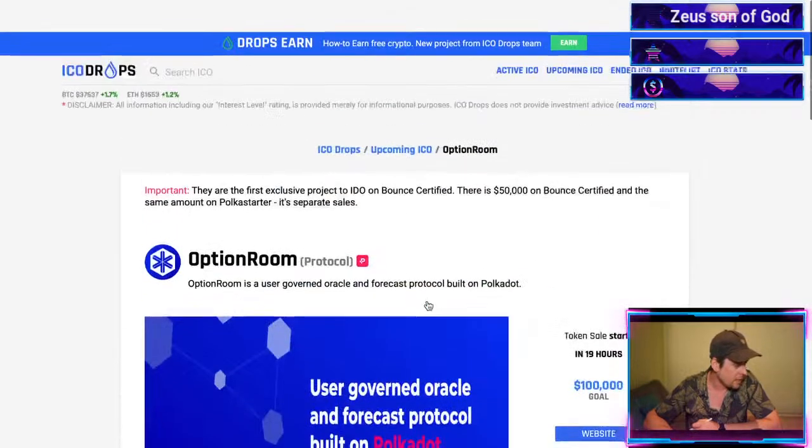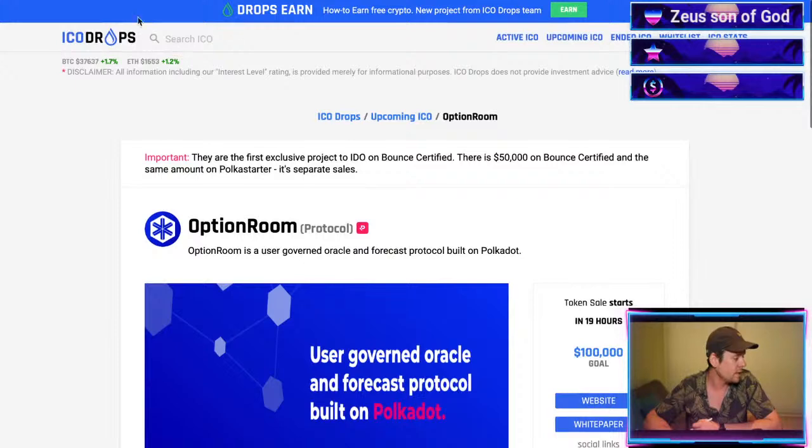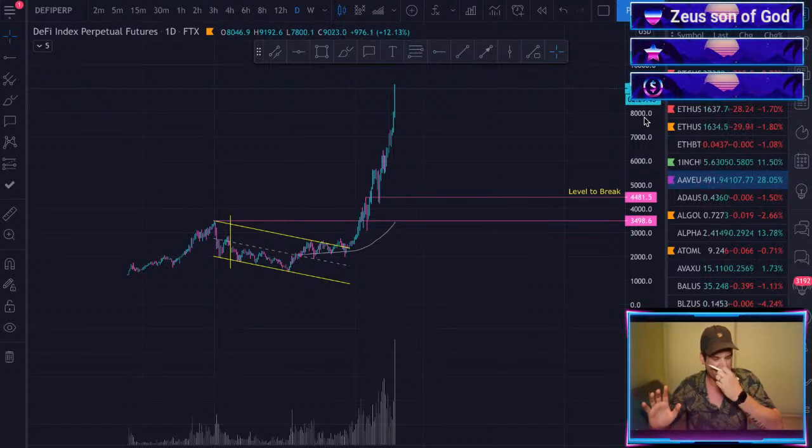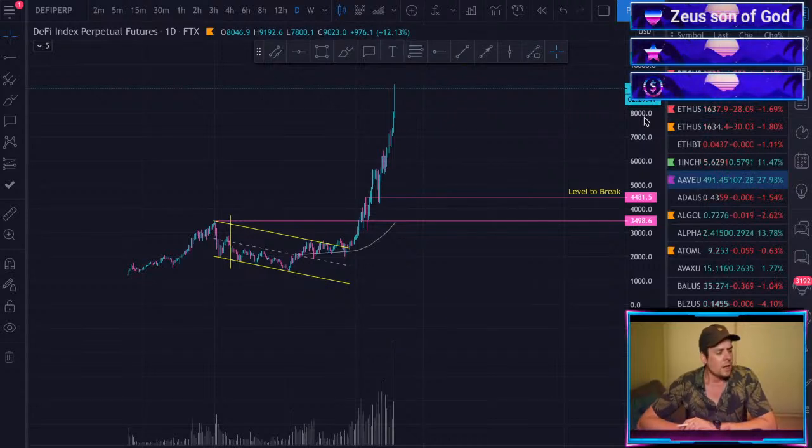Yeah, I'll have to dig into this one, but let's go back into the charts because I don't want to waste too much time just messing around trying to find websites and information. But options, if it has anything to do with options contracts, I'm pretty bullish on that kind of stuff, even though most of the investors in this space are kind of,